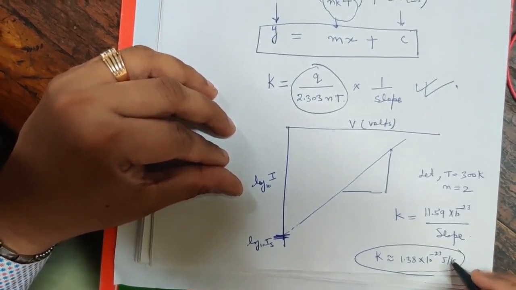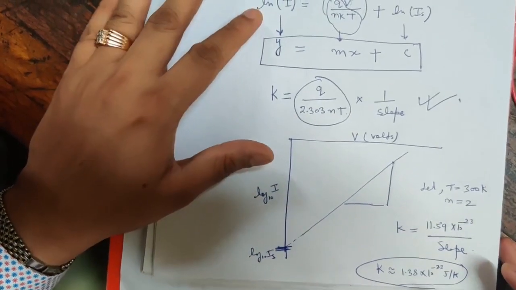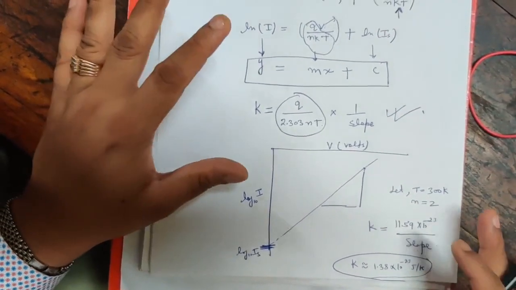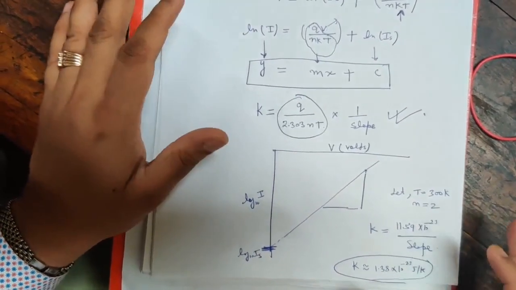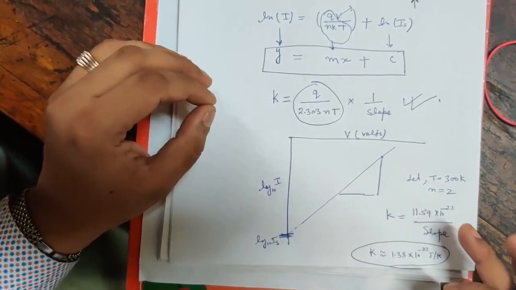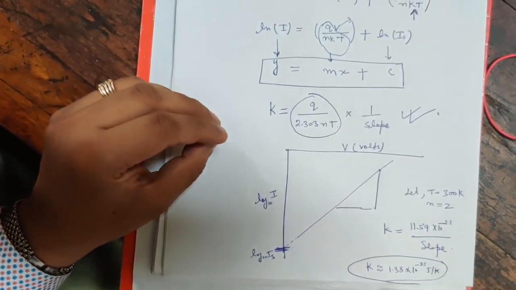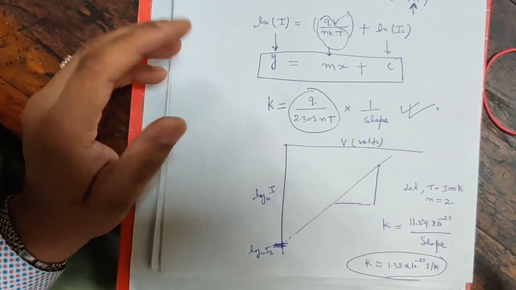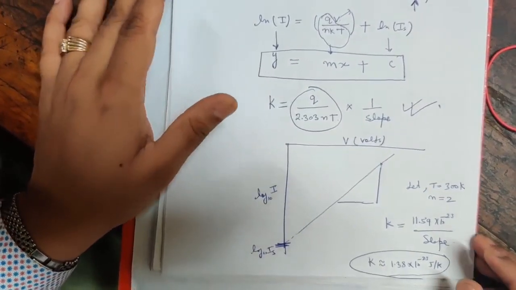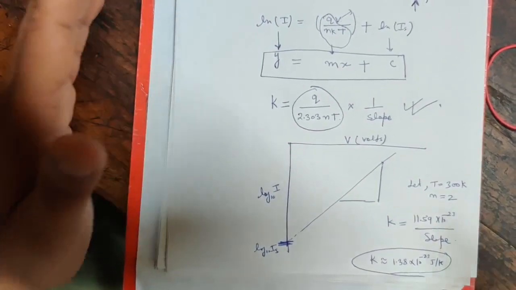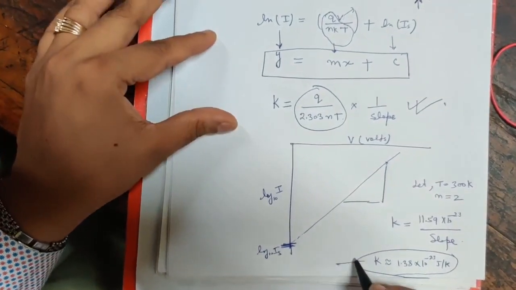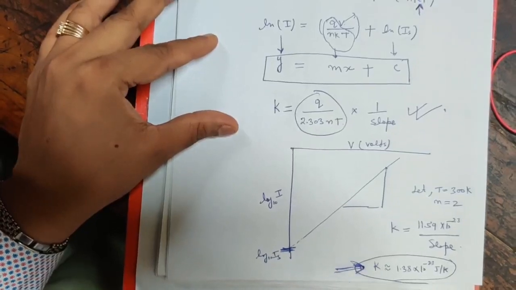Now, this is all about the theory part, which is very necessary and very important to explain to you, right? So now I am going to tell you about the circuit, how you will perform this experiment, and we are going to take a few values. For this, we will vary the voltage, and by that we can easily observe the current in the ammeter. And by that we plot, we will take some observations here and try to find out this value of K, whether we will get this or not. Alright.